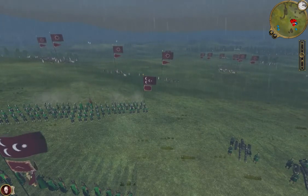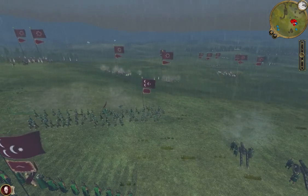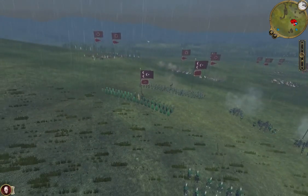A 64-pounder heavy artillery, I know it's an amazing gun to do this, but I don't know how good it is at short range. Oh, here